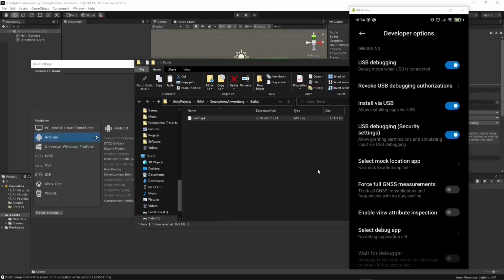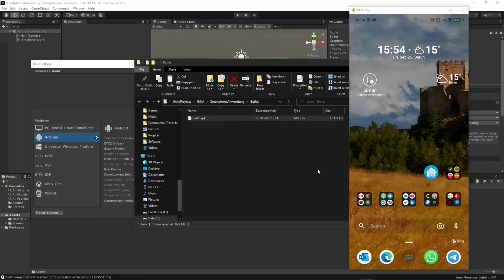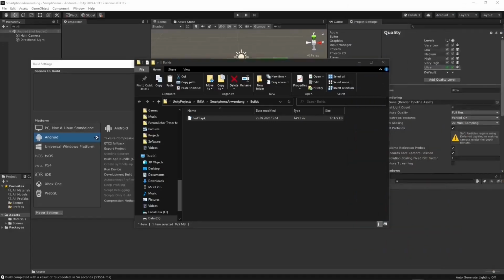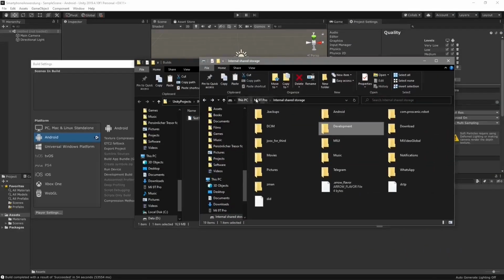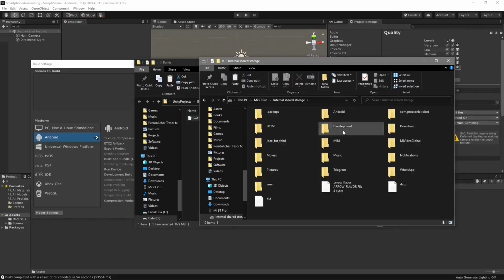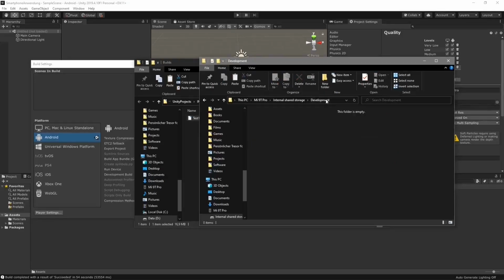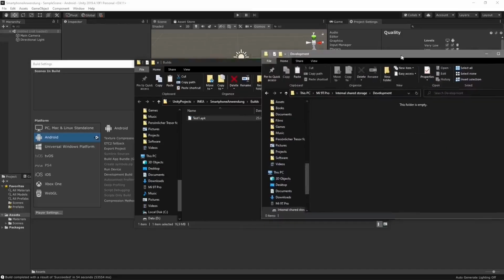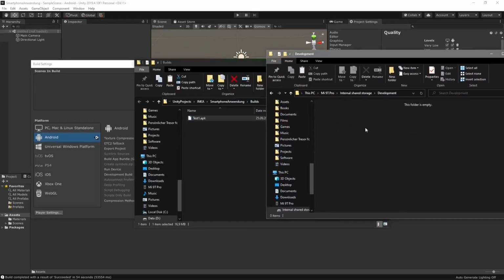I will now navigate on the computer to the appropriate location where my smartphone is. For me, it's this Mi 9T Pro, and on the internal storage, I created a folder named Development. And in that, I copy the Test 1 app. And once I've done that,